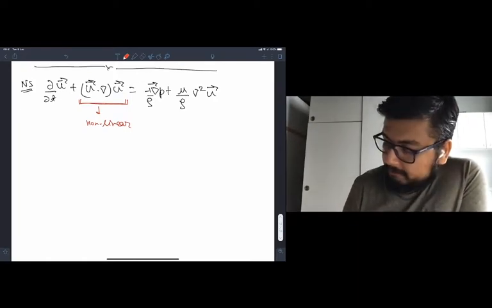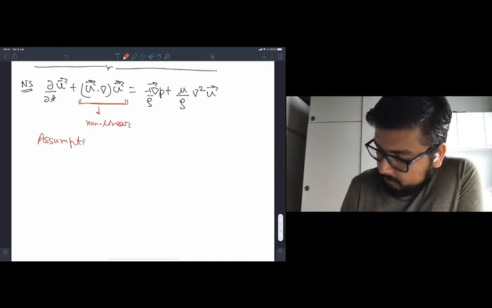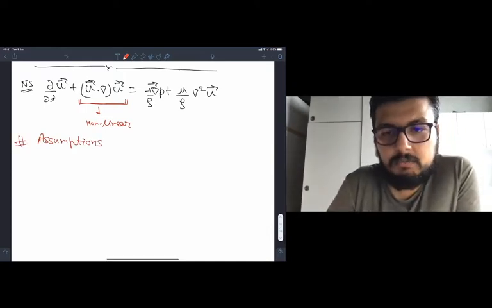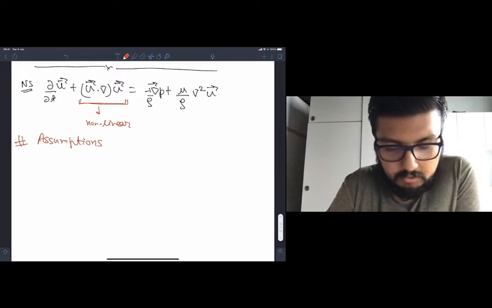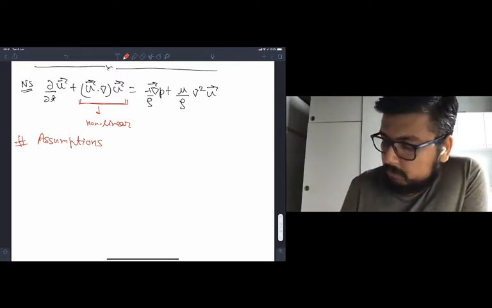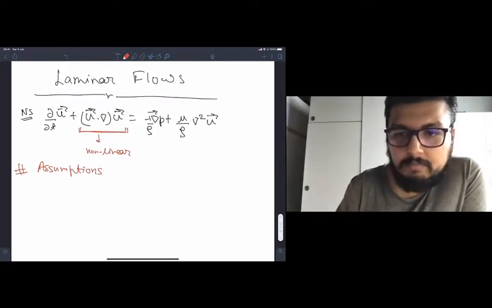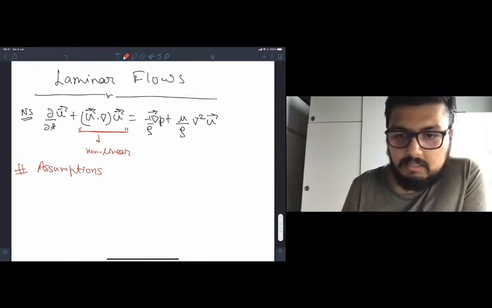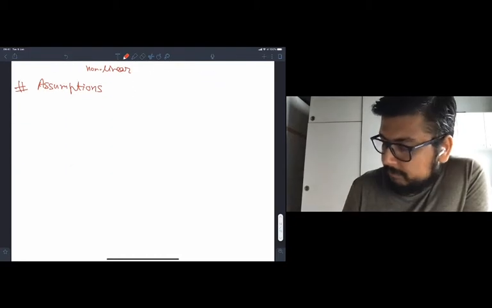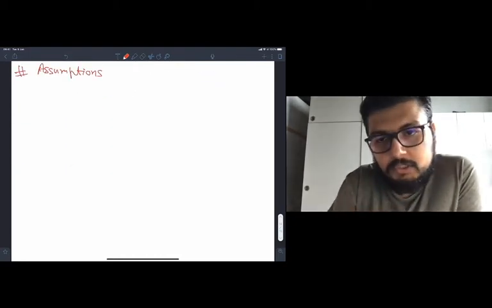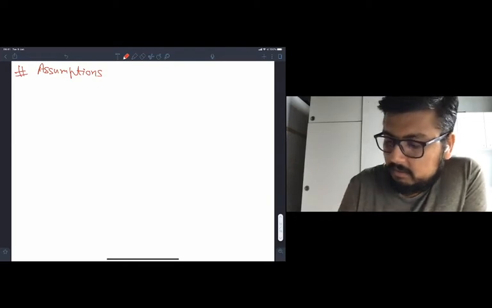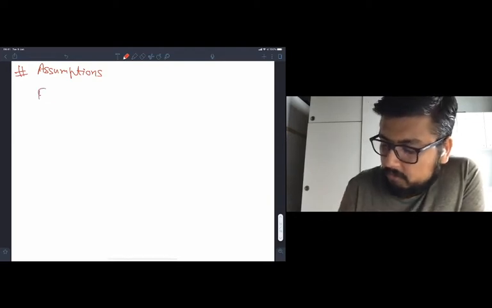However, if we take certain assumptions, then it is possible to simplify these equations and then get their solution. So that's what we are going to do today. We are going to look into some laminar flow solutions of Navier-Stokes by taking certain assumptions and dropping some terms out. So one assumption which is going to be common in all these cases is that the flow is